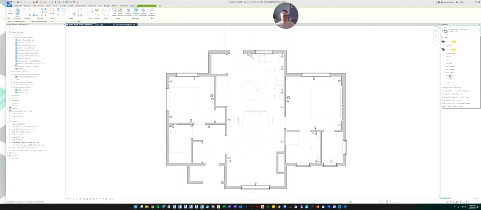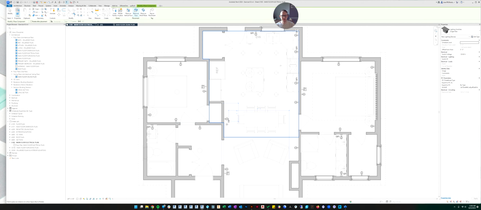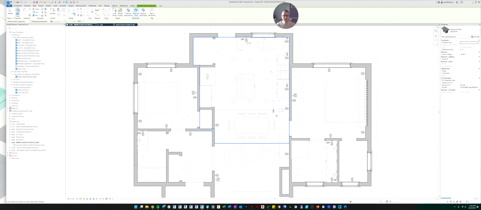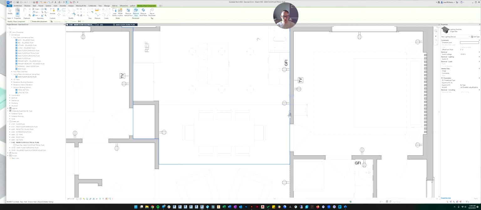For now, we're just going to use a single pole switch because it's not my intention to try to teach you the different switch types. That's kind of an electrical thing. And again, do you see how it's trying to place it on the floor, which isn't what we want? Whoever made the family made it a generic face-based family, so it'll just pick any face to try to host to. So we want to come back up here and make sure it says place on vertical face and click that. Now it'll want to put it just on the faces that are vertical, meaning the walls.